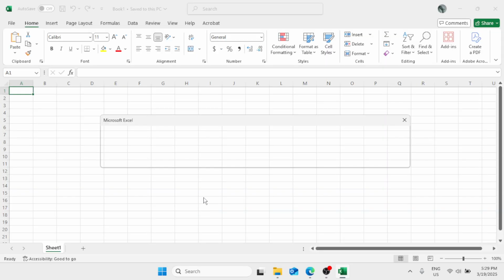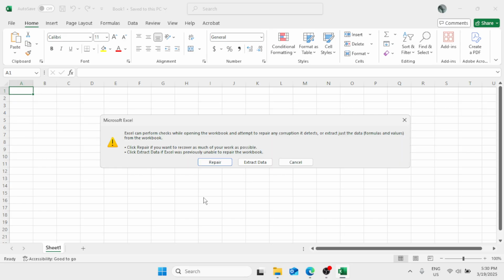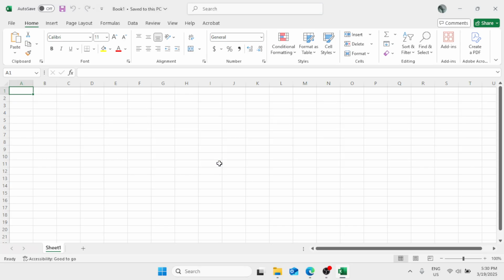And this window will appear. I'm just going to wait for the repair option to appear. In your case, it will not take that long. So here it is. You just have to simply click on this repair option, and then wait for the process